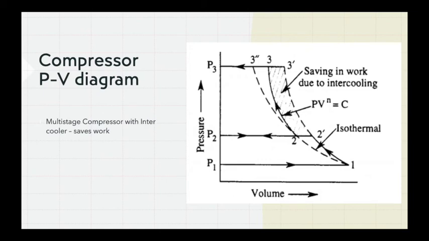The total work done which I have saved while going for a multi-stage compressor is about 2, 2 dash, 3 dash, 3. So with the help of a multi-stage compressor, I am able to save the work of 2, 2 dash, 3 dash, 3 because of the intercooling. So that's why in most of the power plants normally we find multi-stage compressors being used instead of single stage compressors, because of the effect of intercooling which helps us in reducing the total amount of work done. In the next slide, I would be discussing a general PNID of a two-stage compressor.